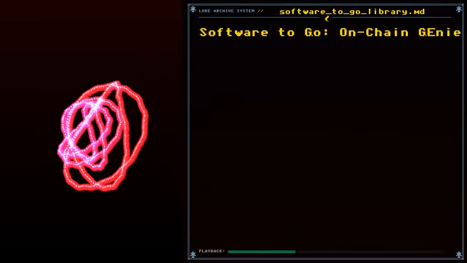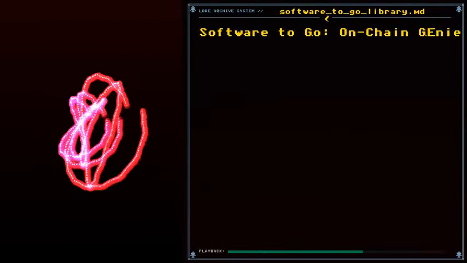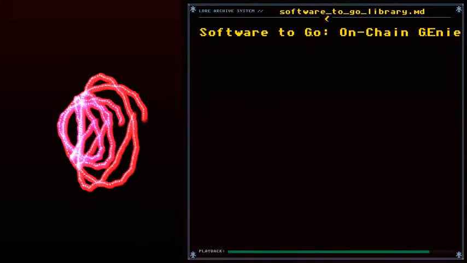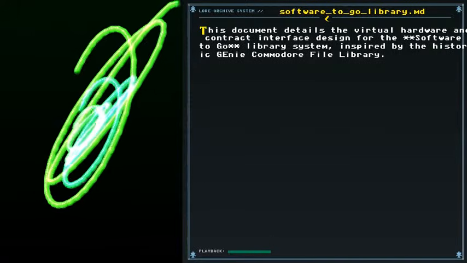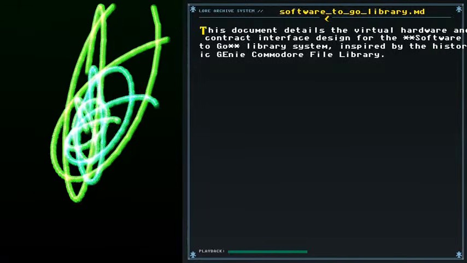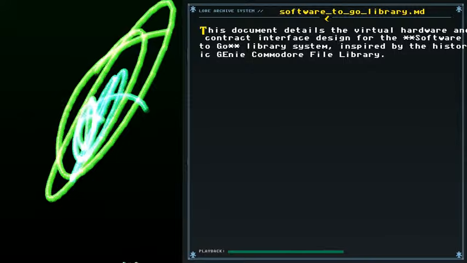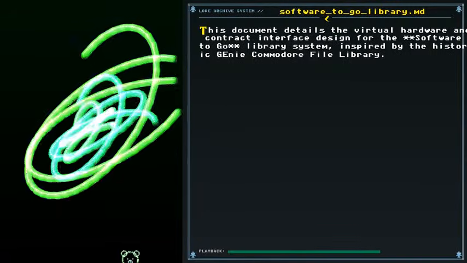Software to Go, on-chain Genie file library emulation. This document details the virtual hardware and contract interface design for the Software to Go library system, inspired by the historic